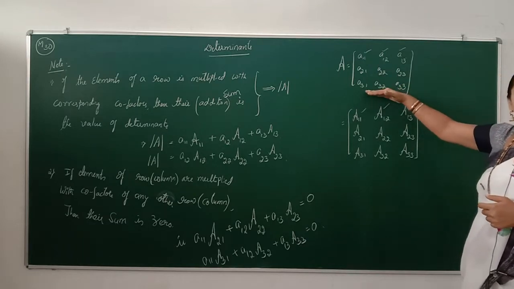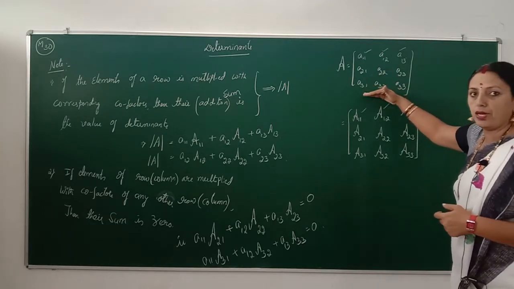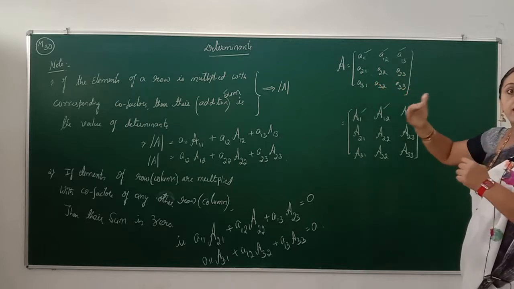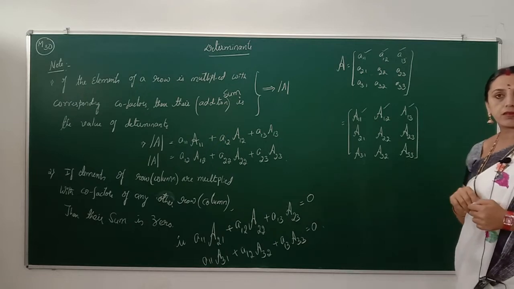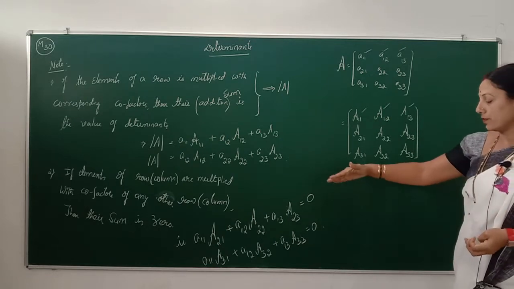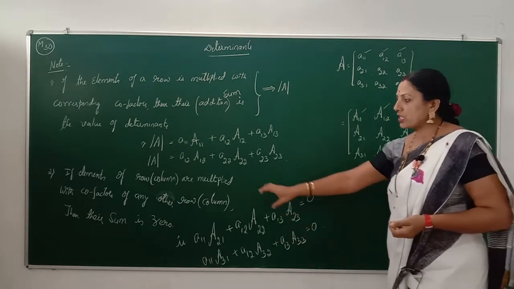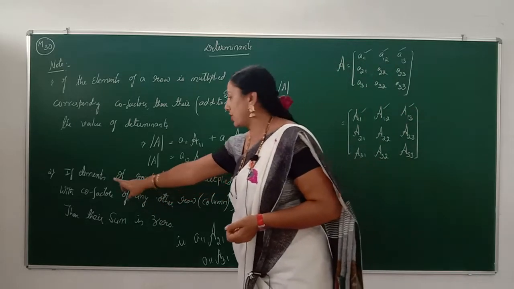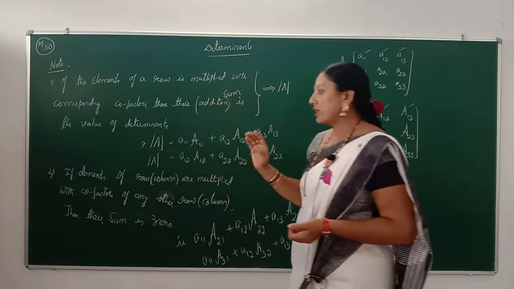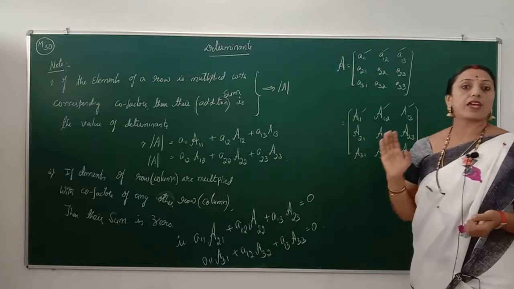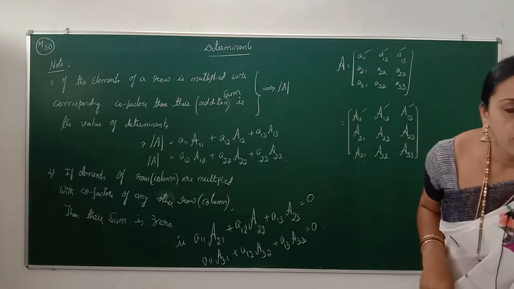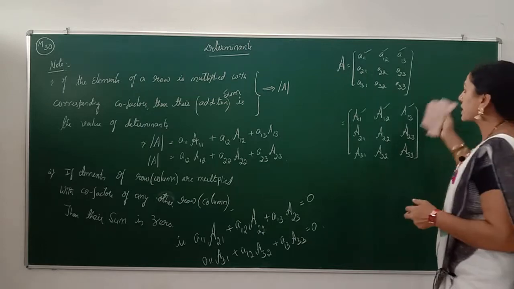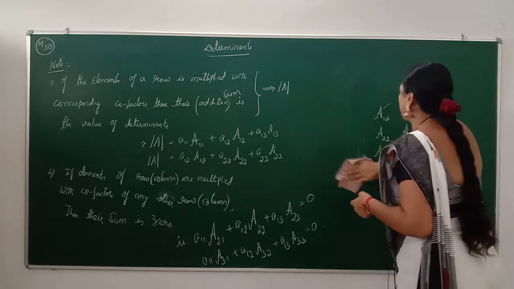Similarly for the third row: the elements of the third row multiplied with the cofactors of the first and the second row is also 0. In all the expansions, just remember the statement of that condition: if the elements of a row are multiplied with the cofactors of any other row, then the sum is always 0. After that, we will give an example according to these two statements.